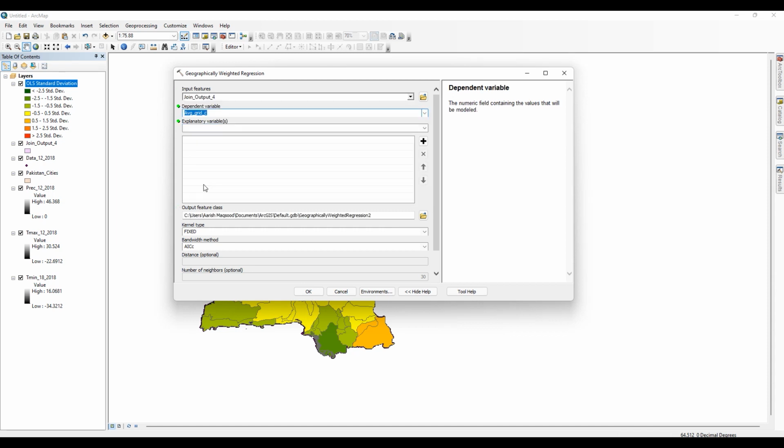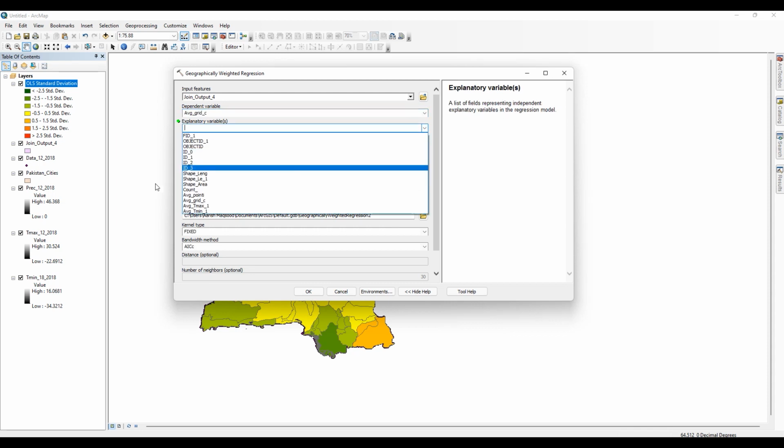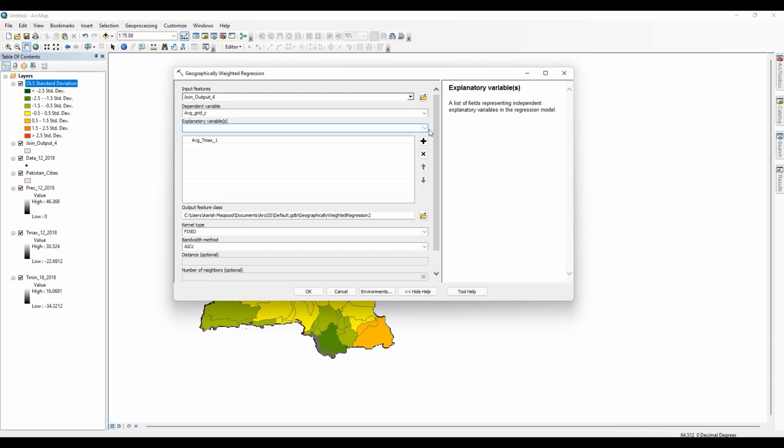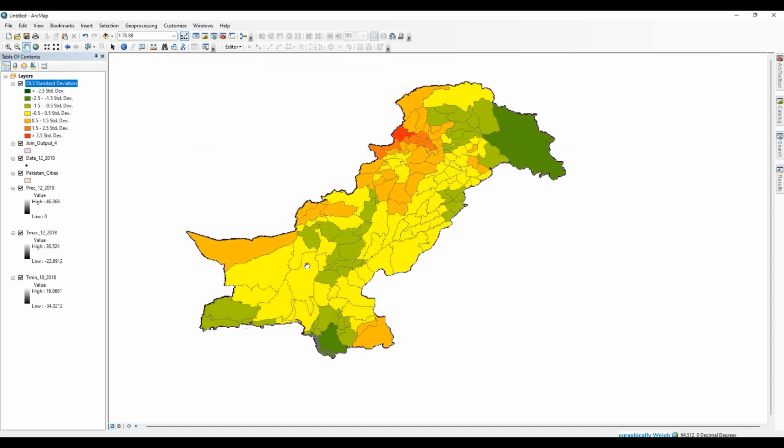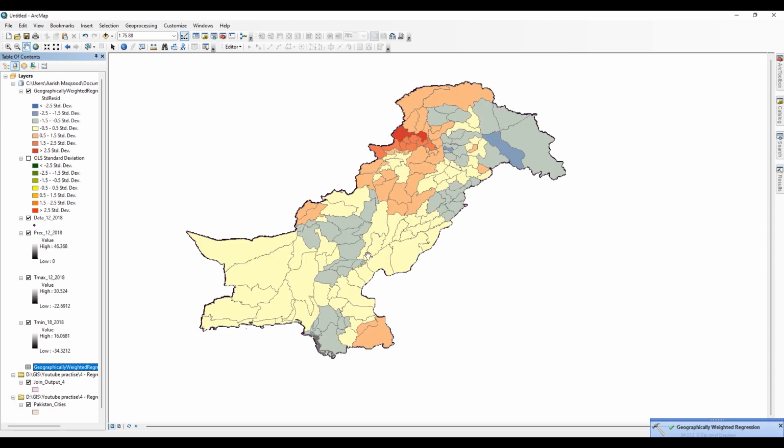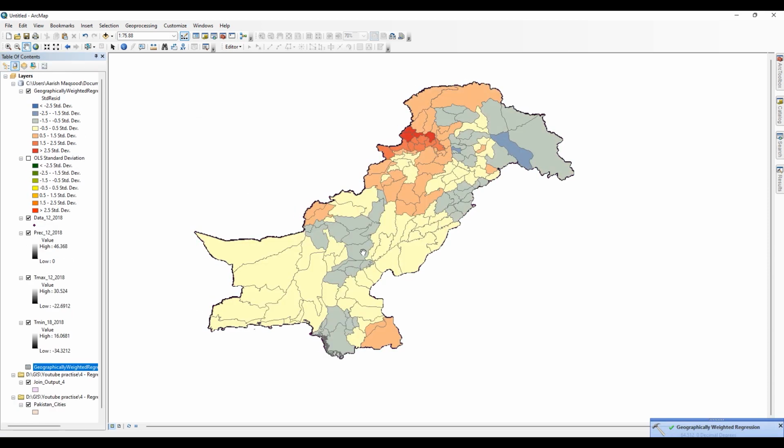Our dependent variable would be average grid C, and the explanatory variables would be average temperature minimum and maximum. Set the kernel type as fixed and go with the default options. So this is our geographically weighted regression method.